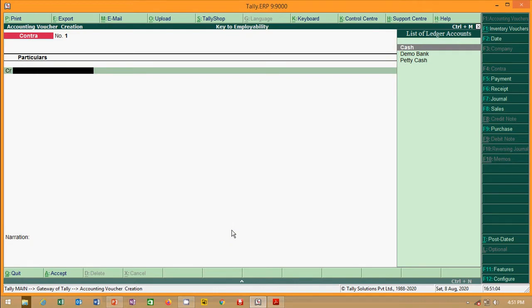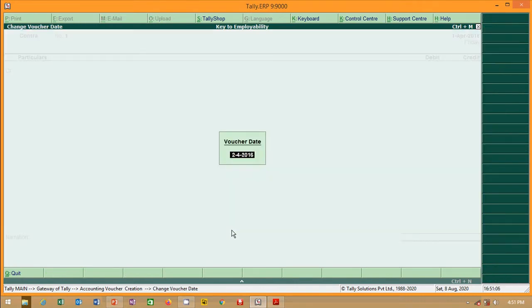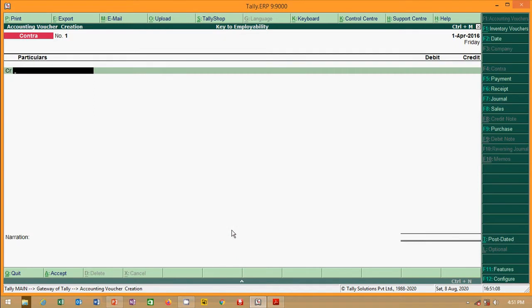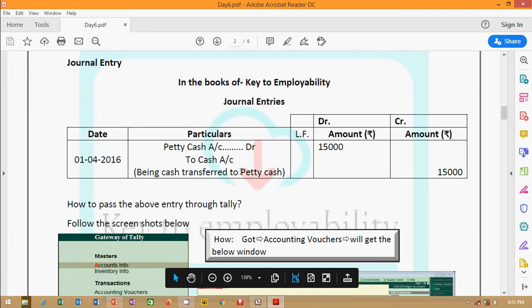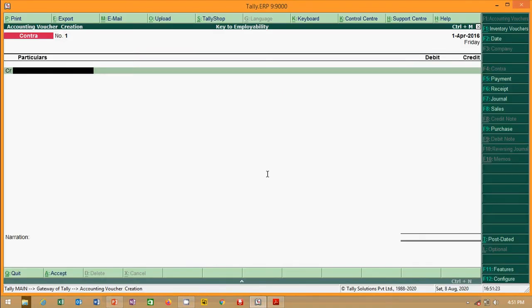Now I need to change the date by pressing F2. I am putting 1/4/2016. We are transferring cash from cash to petty cash. Let me see the journal entry again: petty cash to cash.